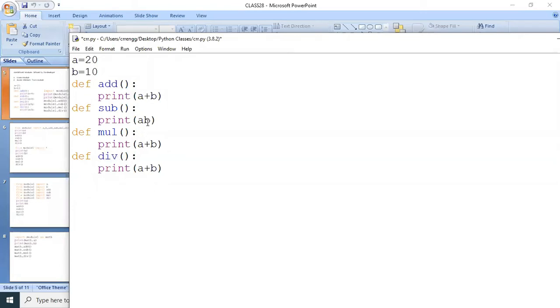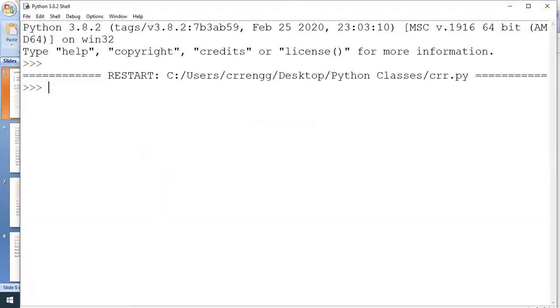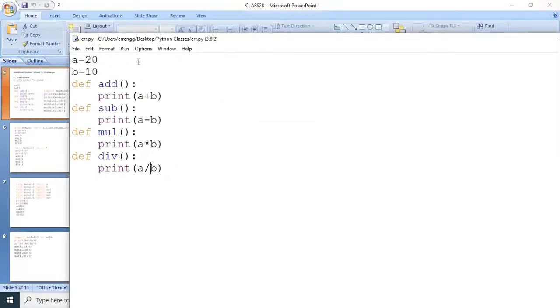Subtraction means a minus b, multiplication means a asterisk b, division means a slash b. So this is the module. There is no error. I save this module in the desktop Python classes folder.